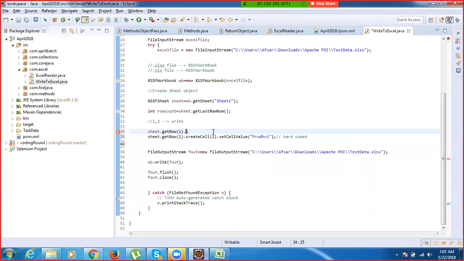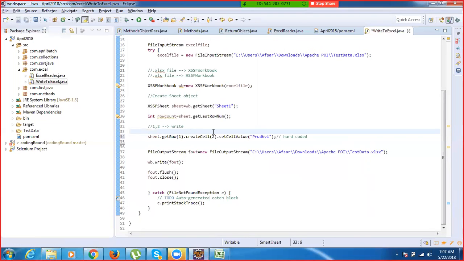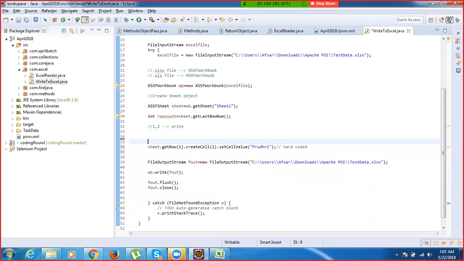Okay, fine. We'll see it. So what if you want to write something that is an integer type, double type, calendar dates? These things also we can do, right? We'll see it once we are into our framework. We'll see that. So now